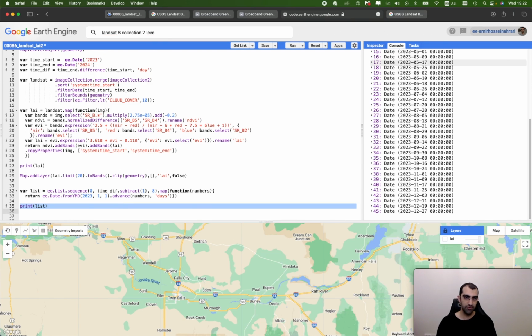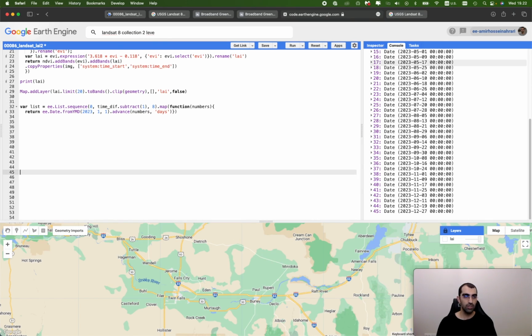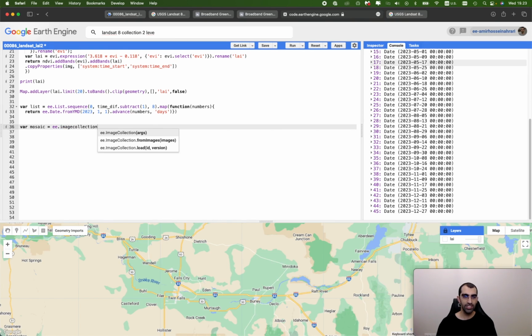Now the list of starting dates is ready, and now I need to write code to define the end date and then filter my data according to the new start and new end date, and then make a mosaic using the maximum technique. So just make a new variable here. The new variable is, for example, the mosaic data, equal to first defining an image collection structure and bringing the list inside the image collection structure, because finally we're supposed to have a collection as an output. We don't want to have a list at the end. The list helps us to do the calculation. It's a framework for calculation, but finally we want to have it in image collection format. So inside the image collection, bring the list just here